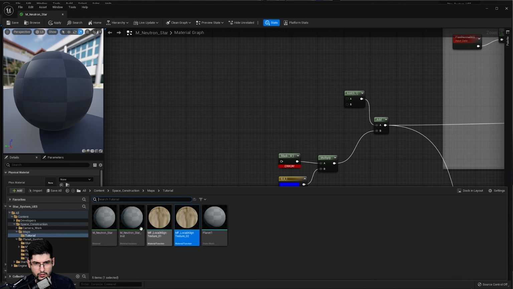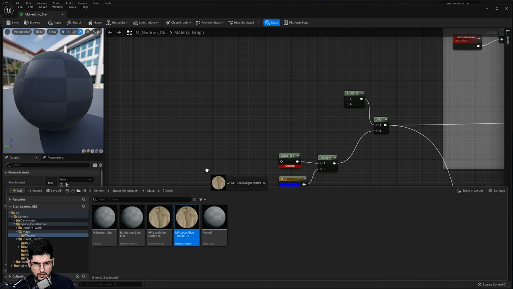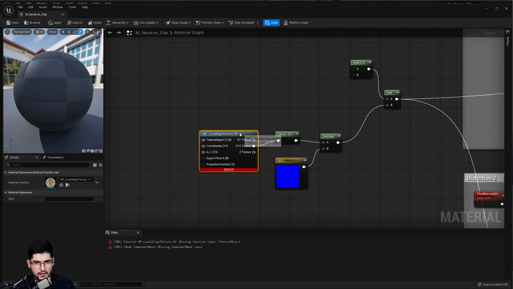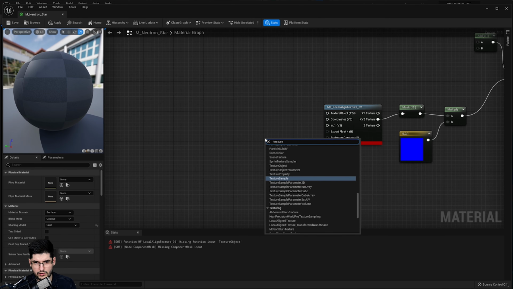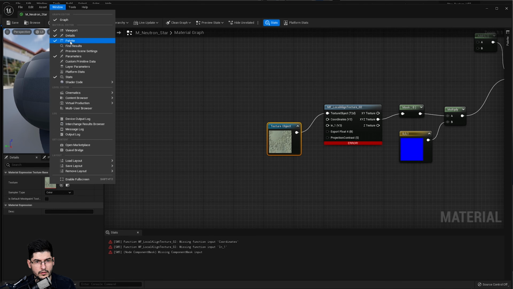This is where we need our texture align. Sorry, not the first one, but the second one. So XYZ into the mask. So we need to add another texture object in here. Texture object, and you can just put this into the texture object here like that, but we need to put another texture in here. So let me just bring in a